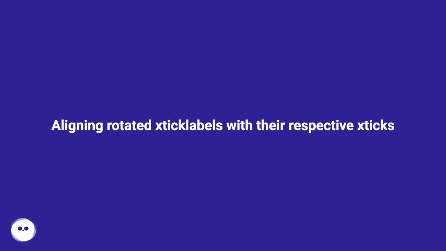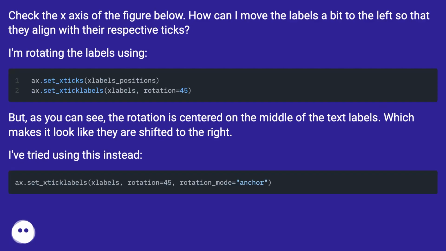Aligning rotated xticklabels with their respective ticks. Check the x-axis of the figure below. How can I move the labels a bit to the left so that they align with their respective ticks? I'm rotating the labels using